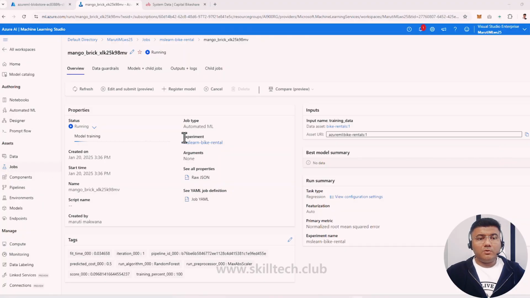Okay, now in my case, you can see that it's showing me that the status is running, and it is actually doing model training right now. This is the time where we have that 15 minutes timer which is going to be started, and then after 15 minutes the job will be terminated. Now this also reminds me one thing, that if you have reached to this point and if your model is also under training,